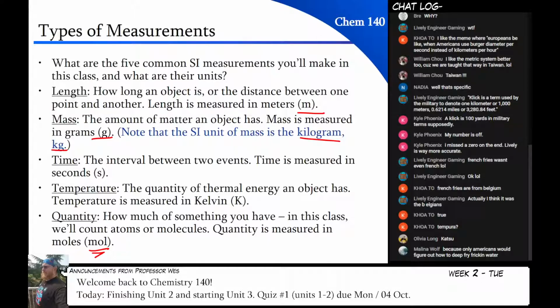So if you have a pile, in Latin, of stuff, we're going to use the mole. And a mole is a huge number. We're going to introduce this number later. We're going to say a mole of things is Avogadro's number